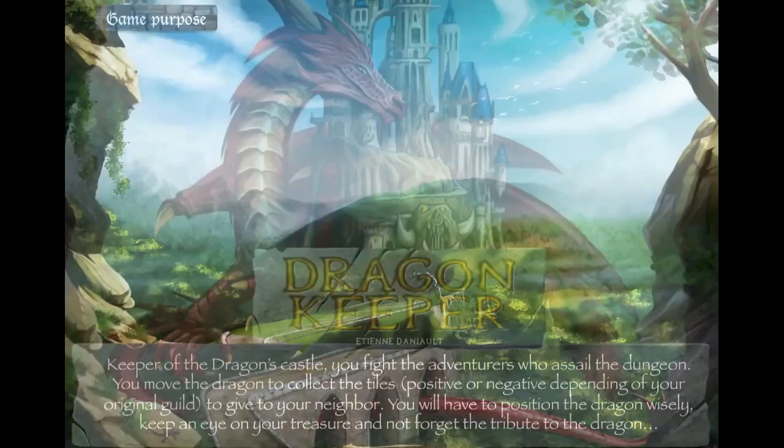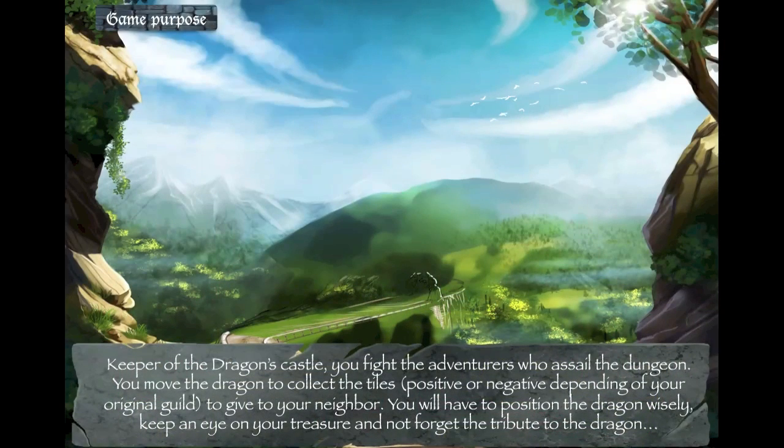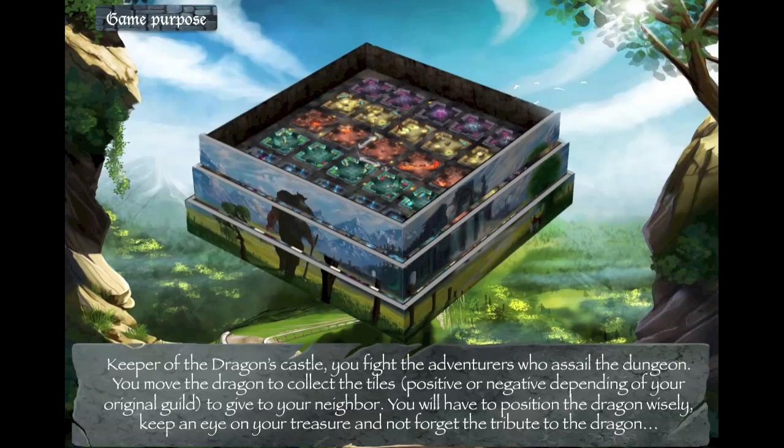In those primitive times when men and dragons were enemies, former adventurers betrayed their original guild to serve a dragon. Keeper of the dragon's castle, you fight the adventurers who assail the dragon. You move the dragon to collect the tiles, positive or negative depending on your original guild, to give to your neighbor. You will have to position the dragon wisely, keep an eye on your treasure, and not forget the tribute